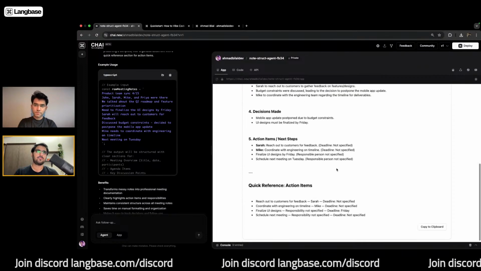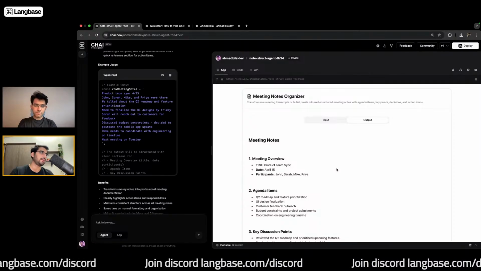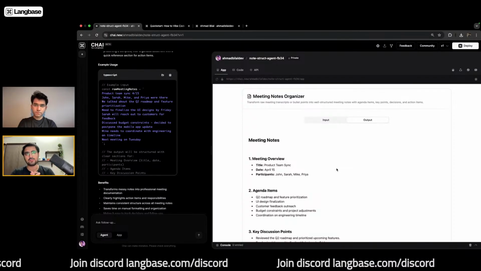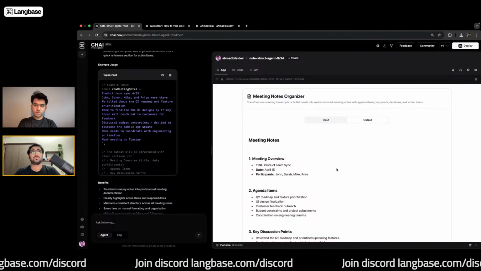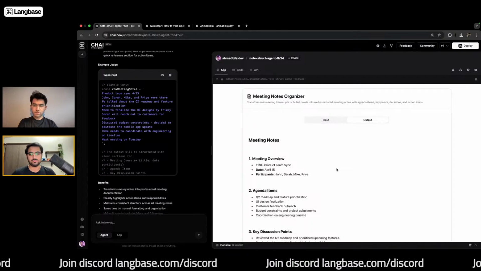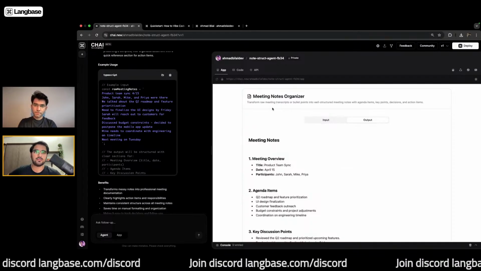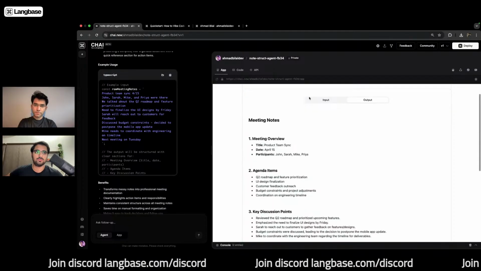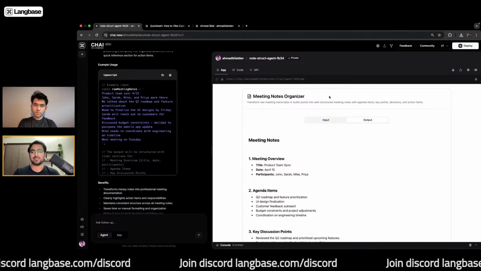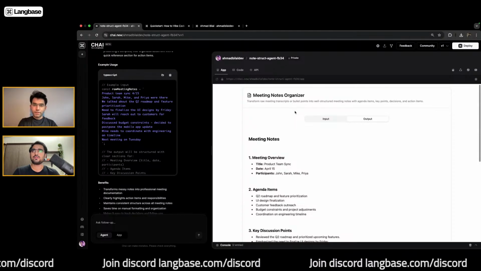Agent apps help you not only preview and use your agent, but imagine the speed with which you can build POCs and even production ready apps. I mean, this particular agent app arguably looks great, and I would be happy to share it with my teammate and whatnot. Yeah, exactly.